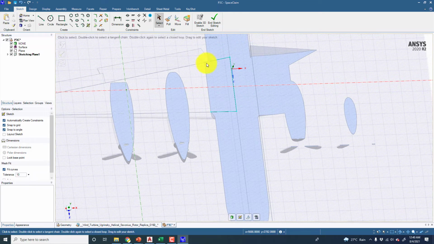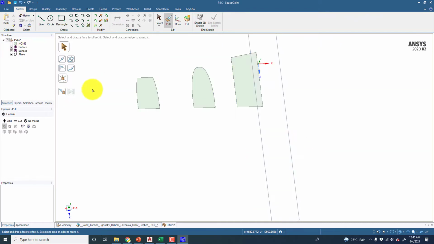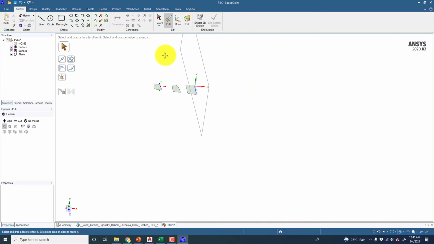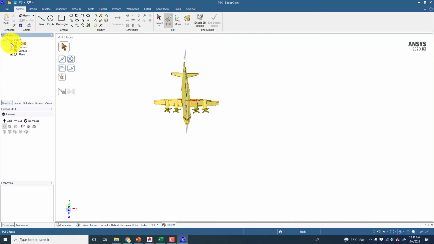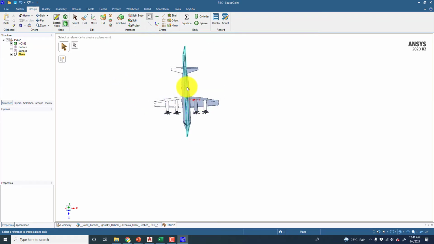Okay, so now we are done almost, and again go back to the 3D mode, and okay, so we have some issues. So I would suggest that instead of this, I should be making one plane, and that plane is basically where we get the projection of this whole geometry.